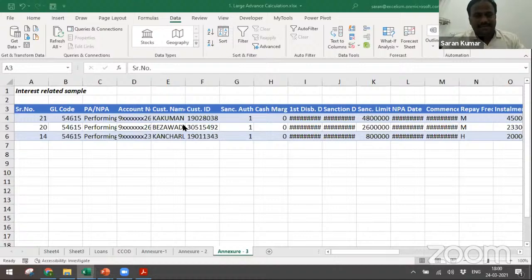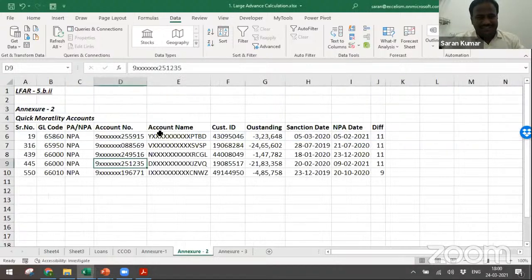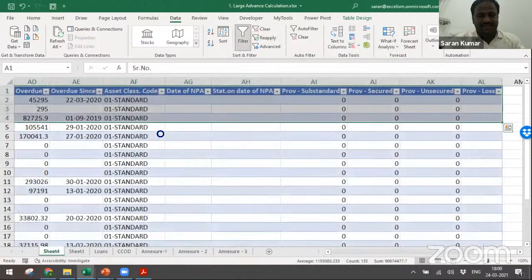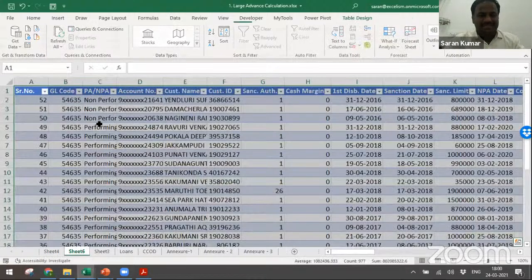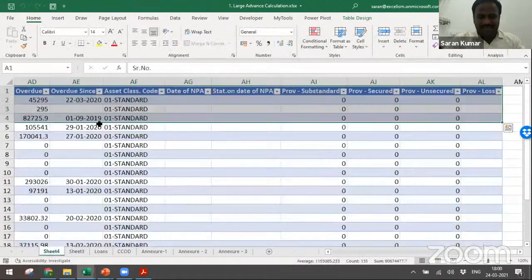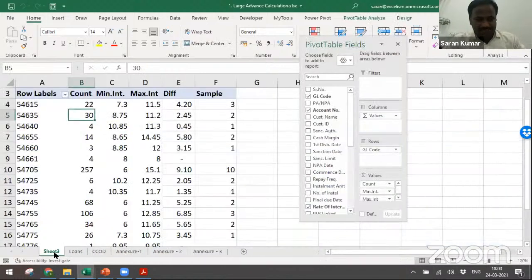Okay, let us start looking into the other aspect. This is one after the other. We can just go ahead. Friends, a pivot table is capable of not only giving a summary, but also giving you the drill down. That means once you double click this, I'll get all the 30 accounts separately on the screen. So let me delete this, and this pivot table belongs to annexure 3.